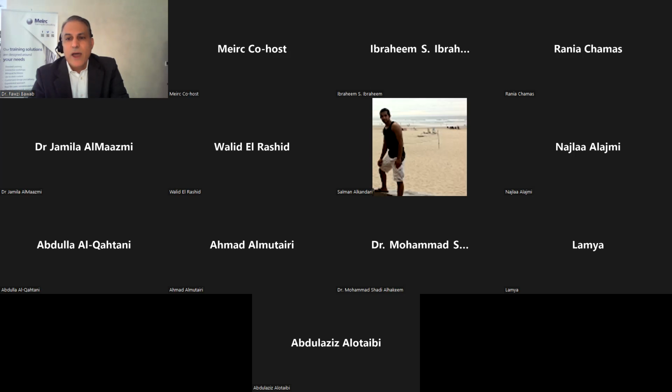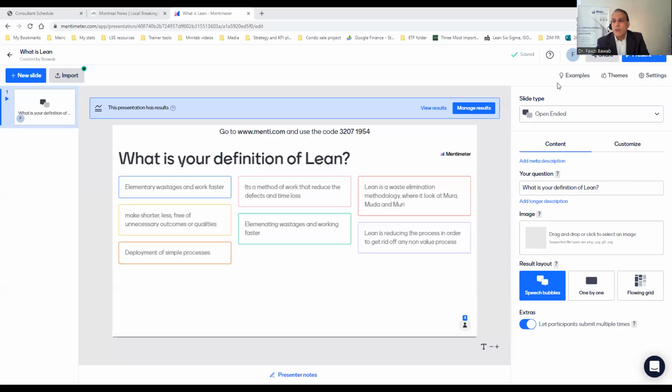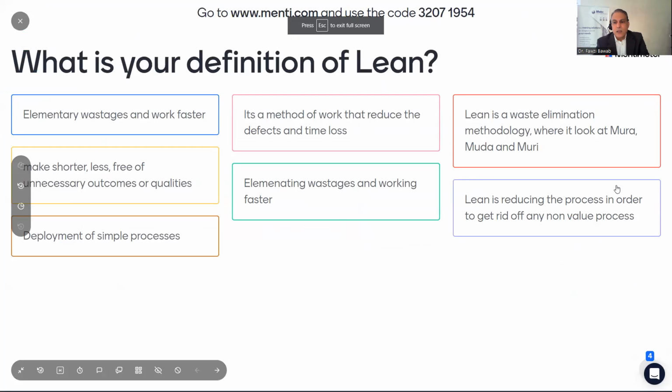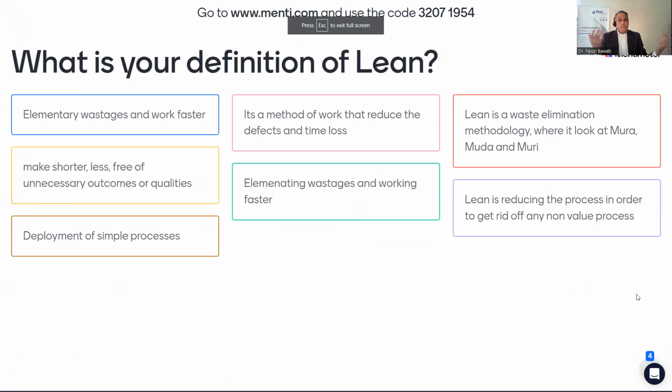Okay, so we do have some answers, and I can start sharing with you some of the lean concepts that started to appear on the screen. So here we go, and we see some interesting results. Yes, there is someone, actually more than one, that mentioned the word waste. Lean is waste. Absolutely. Yes, the muda. We can see here the word that is about fast,